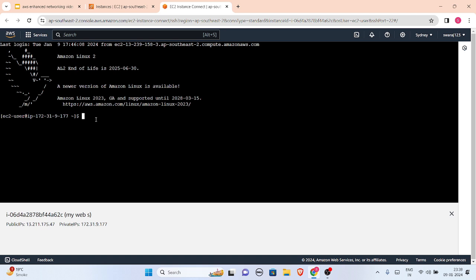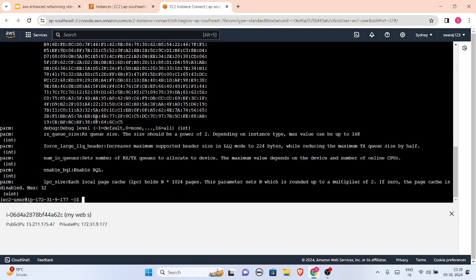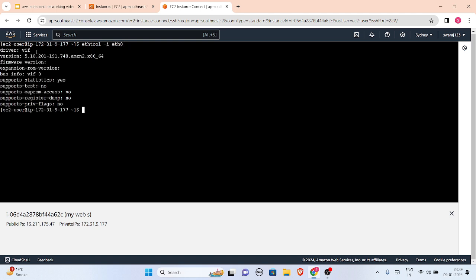Now we are going to write some basic commands to check, like modinfo ena, and this will just show us the information, and this is installed now. Now we'll be writing another command to check the drivers, and whether it is the latest driver, like whether it is ENA or not. We will check it right now. So we will just run ethtool -i eth0. Just click enter. You can see the driver is ixgbevf. Okay, this is an older version.